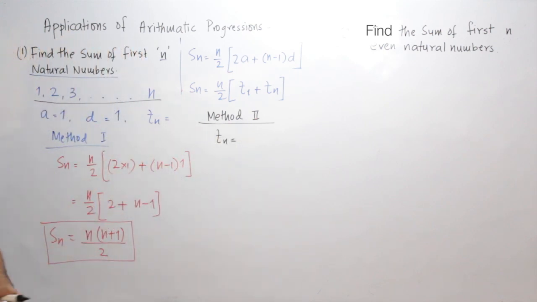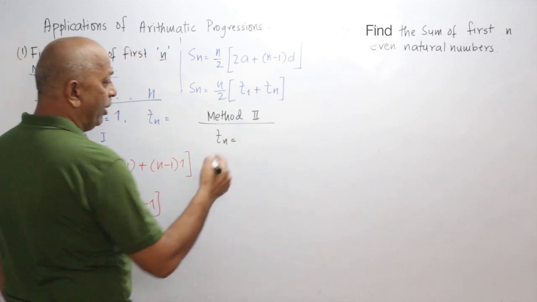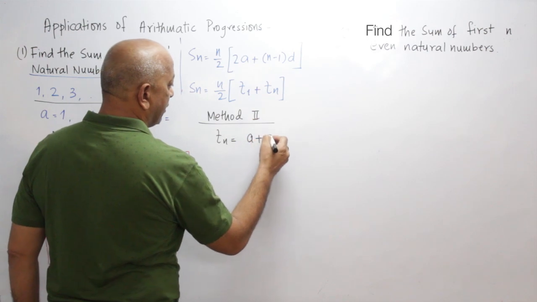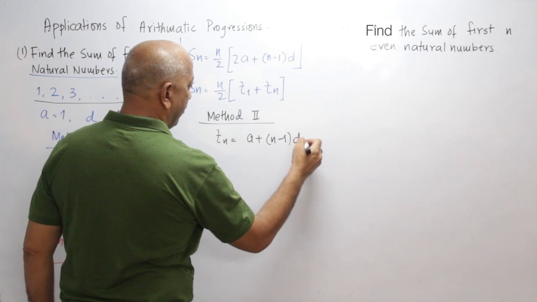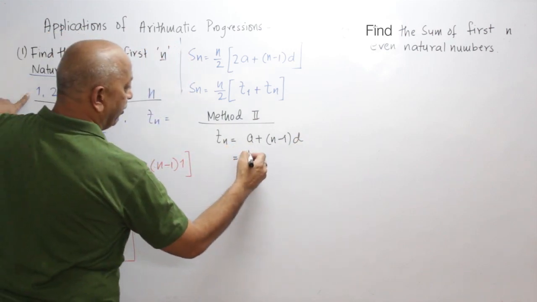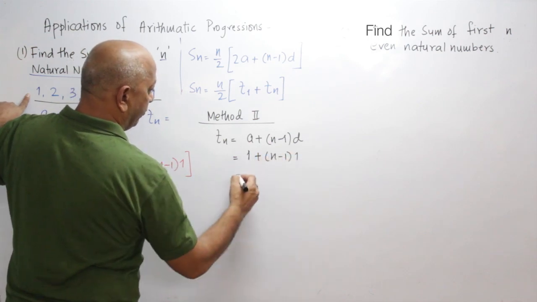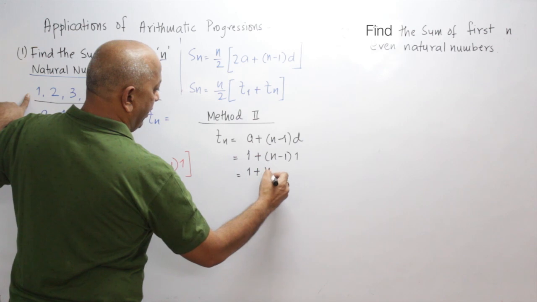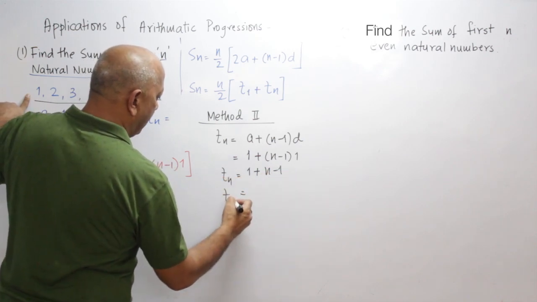We know Tn is a plus n minus 1 d. So a is equal to 1 plus n minus 1 into 1. So 1 plus n minus 1. So Tn is equal to